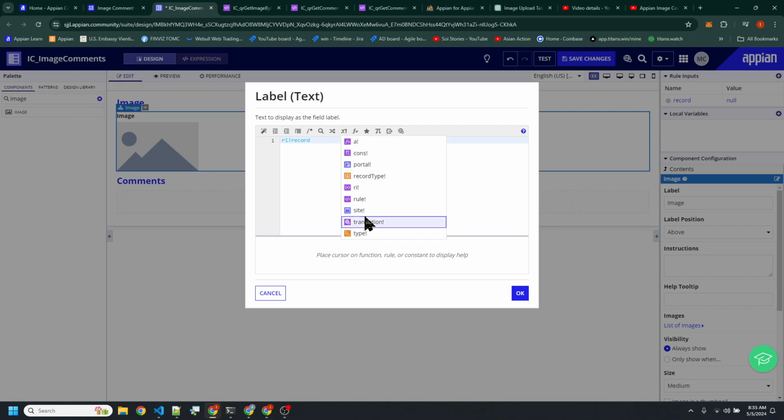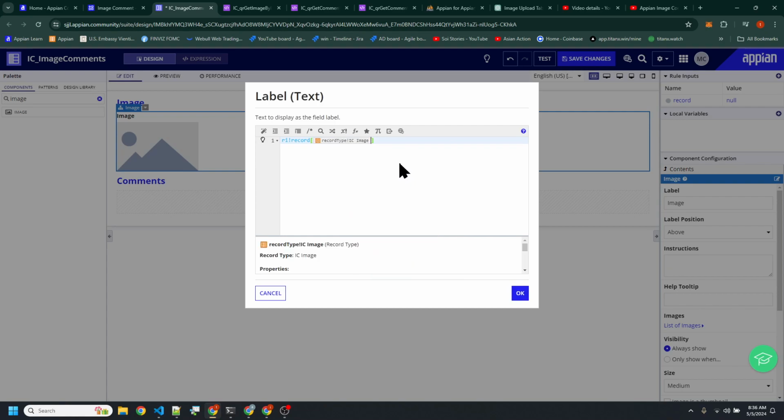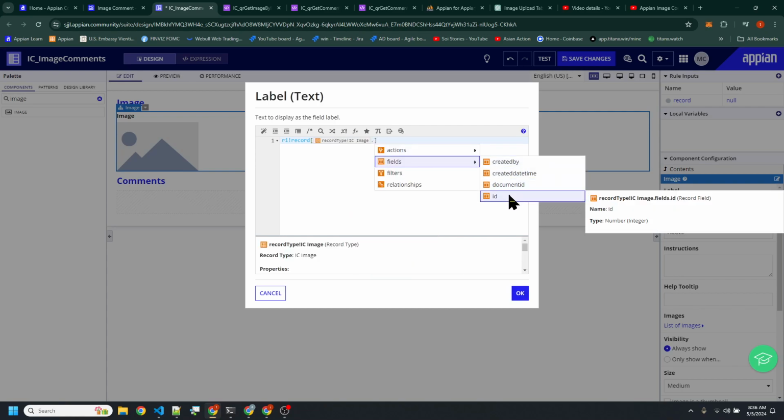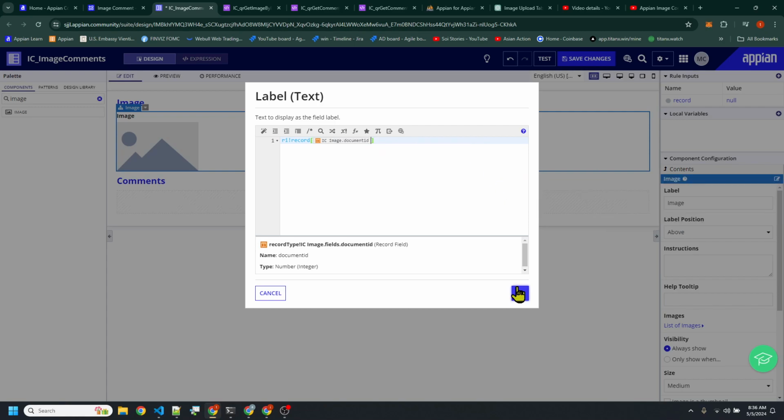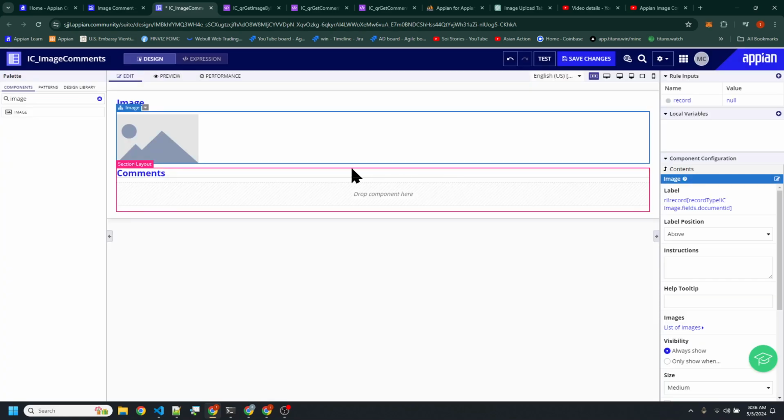Right in here, RI record. And then you could say record type bang, then IC image, and then you go to fields, and then doc ID, actually document ID, and then there you are, you're good.